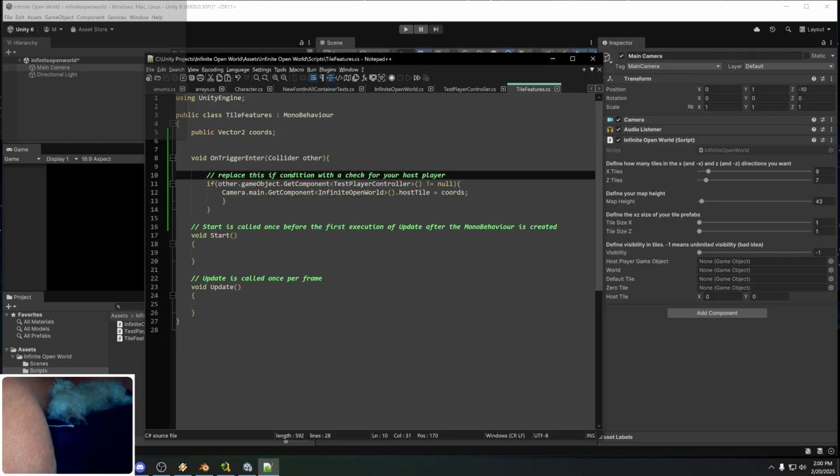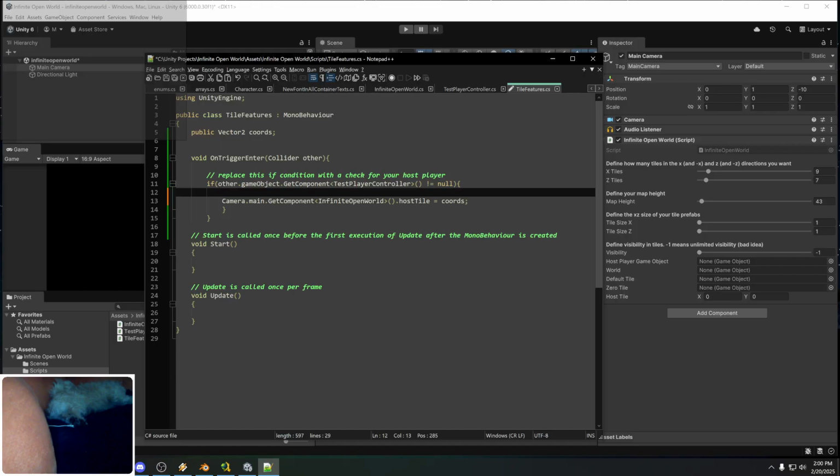Replace this if condition with a check for your host player on trigger enter. Yes, but we're far from done here. We only want to switch over the coordinates when we are done. Let's write some pseudocode here. Any excuse not to do any real work. Good. The pseudocode is